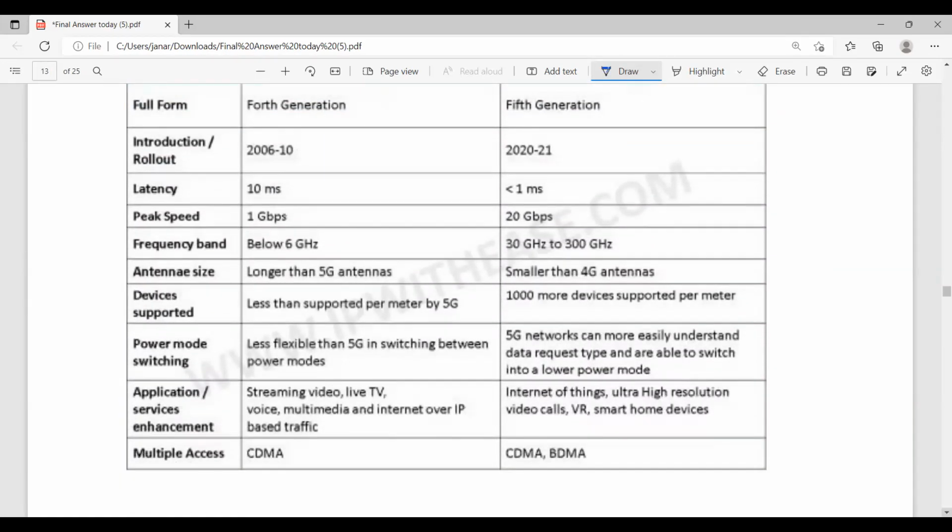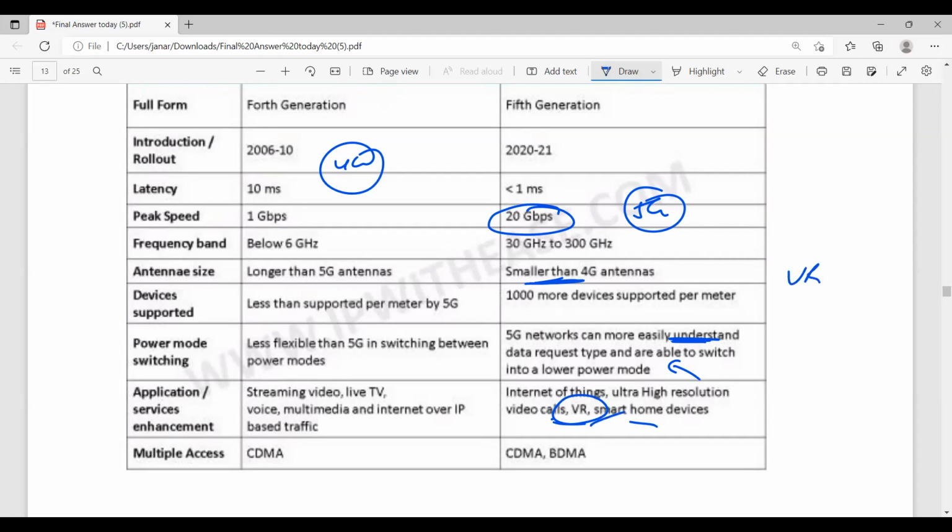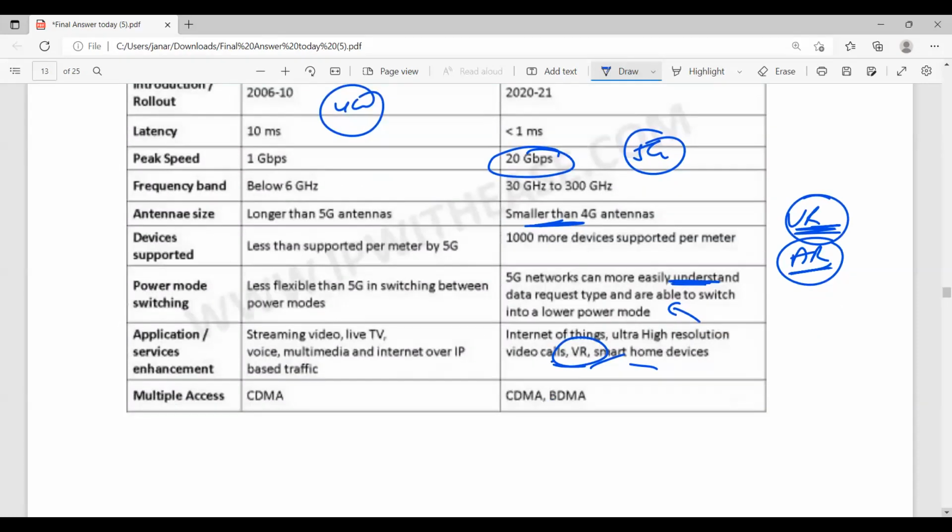So with 4G there are longer antennas, whereas with 5G you have smaller antennas and high speed. More amount of data. Virtual reality, AR. What is the difference between VR and AR? Augmented reality and virtual reality. All these things, virtual reality, augmented reality will be there. It will just enhance the existing